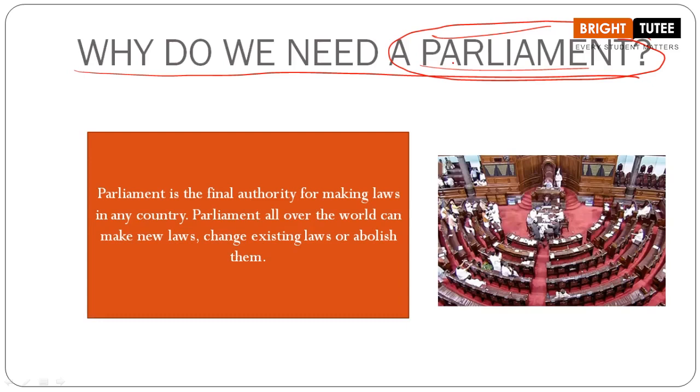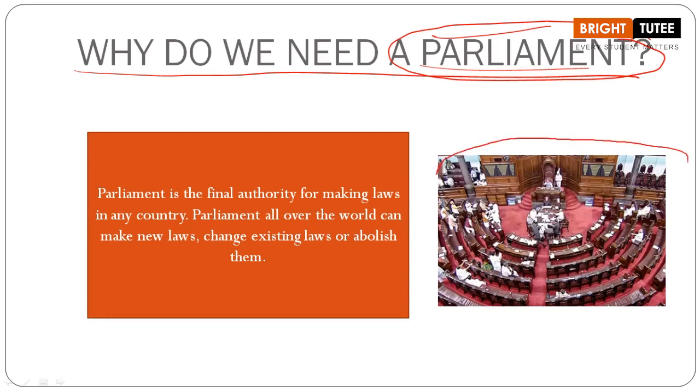So in all democracies, now remember, we are talking about a democratic kind of government. We are not talking about an autocratic kind of government. We are not talking about a military dictatorship, okay? So when we are talking about democracies, the modern democracies that we have today in our world, we see that there is an assembly of elected representatives that exercise supreme political authority on behalf of common people. Now why are we saying on behalf of common people?